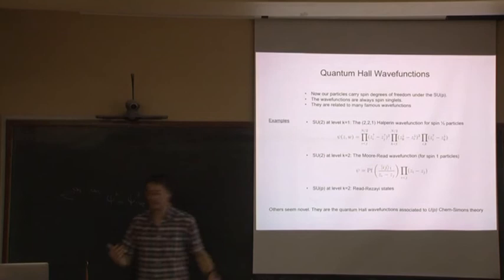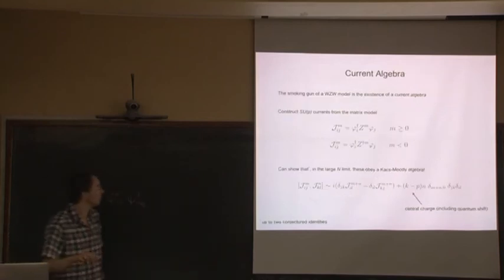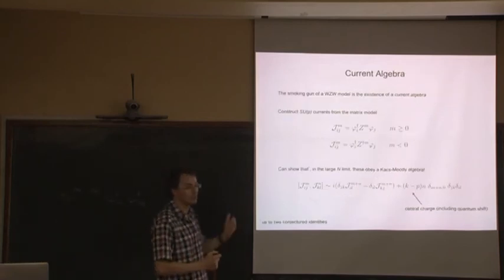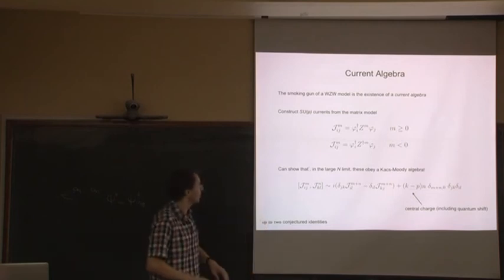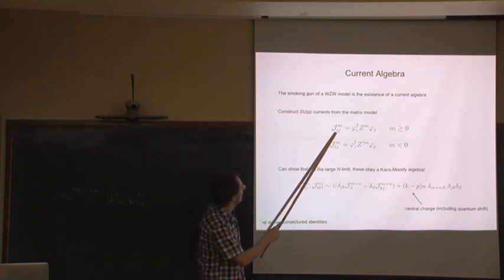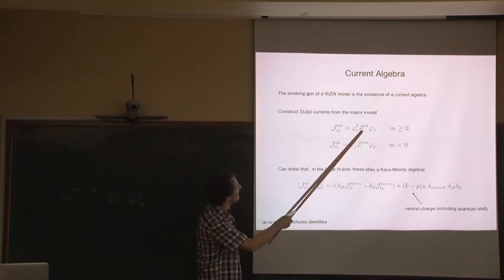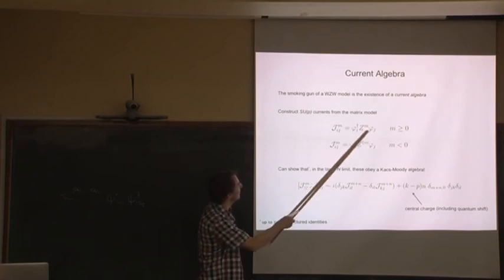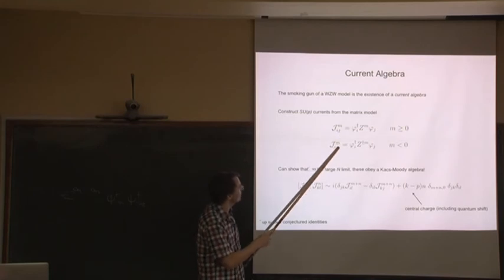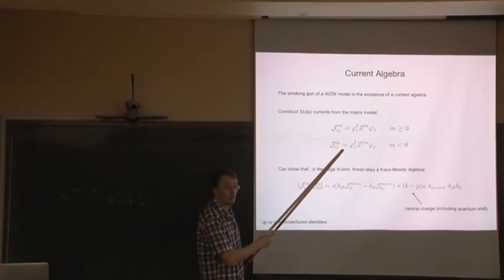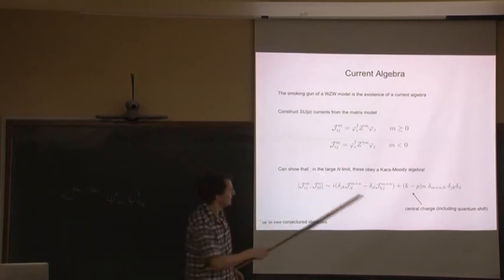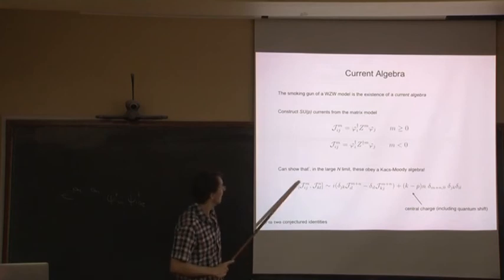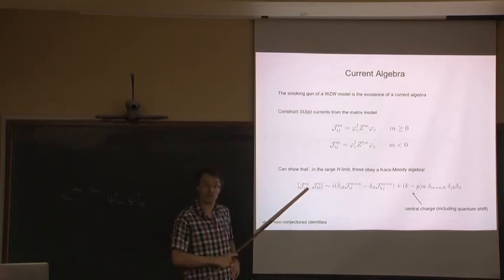So the question is, does it? How do we see this? Well, we can see this in a bunch of ways. Firstly, we can construct explicitly the current algebra in our quantum mechanics. I won't show you the details, but if you construct the following objects, Z and phi's are the objects in the matrix model, and you construct the following gauge invariant objects in the matrix model. Then with a lot of work, again due to Carl, you can show that in the large N limit, meaning that there are 1 over N corrections to this, these obey exactly the Kac-Moody algebra.